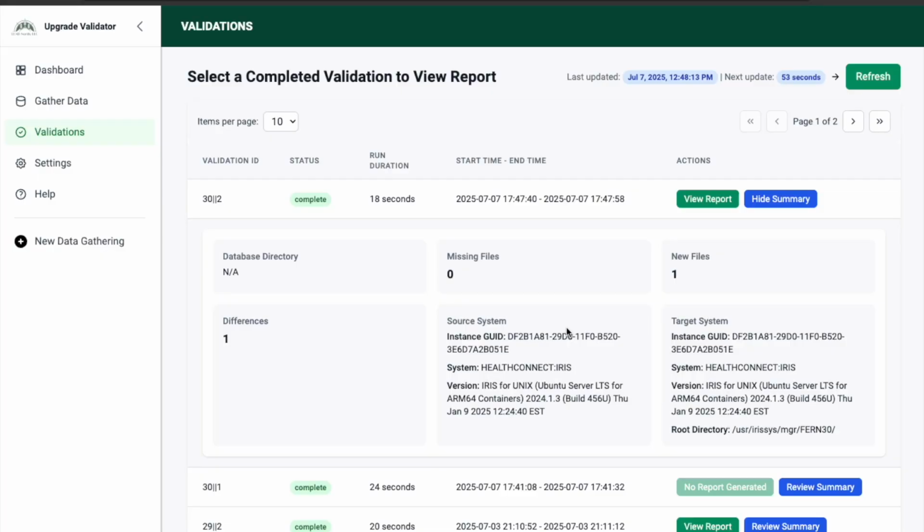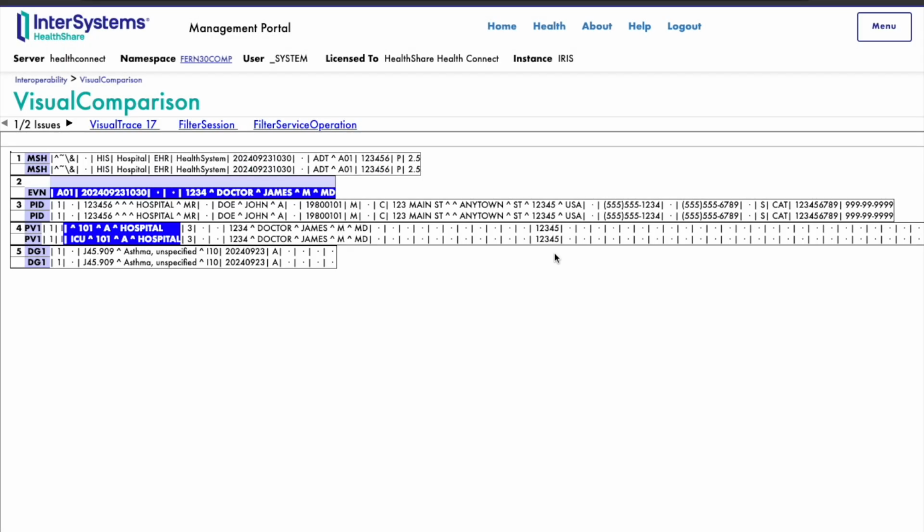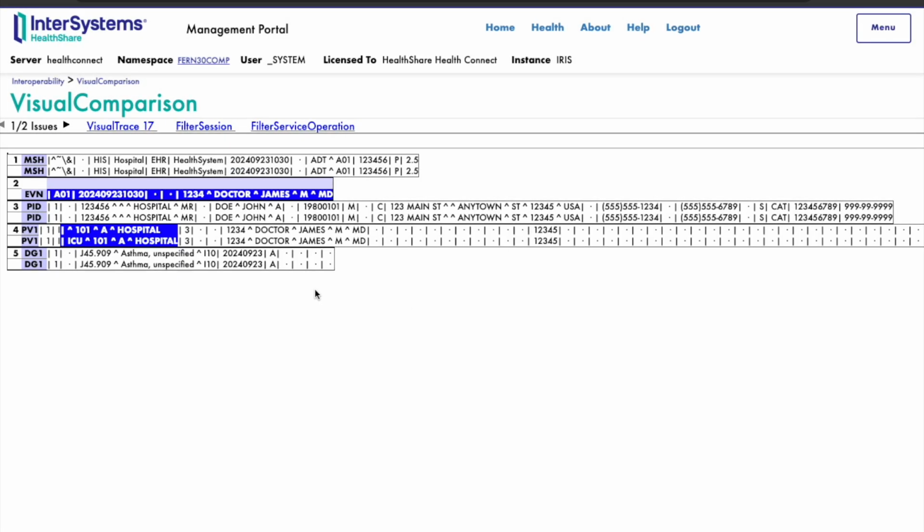So to have a deeper dive into the results, you should click the Review Report button. As you can see here on this page, this redirects us to the IRIS Management Portal where you can examine detailed differences and visual trace data. Now you can return to FERN,